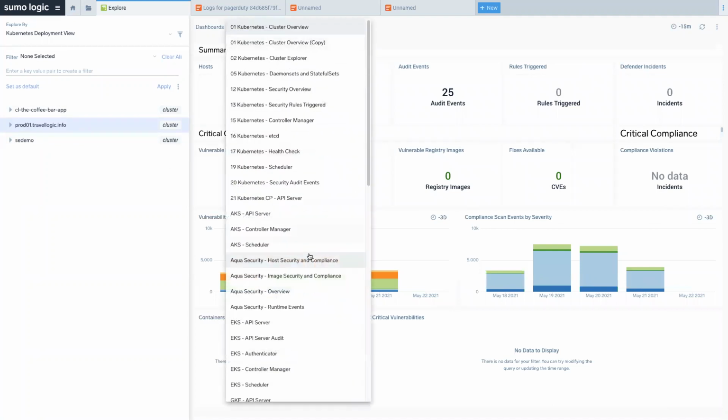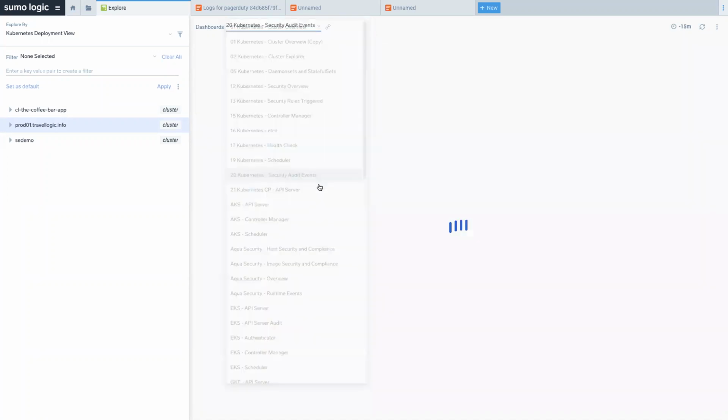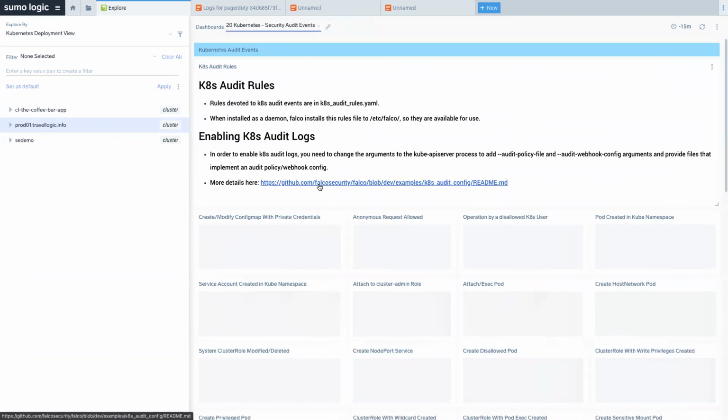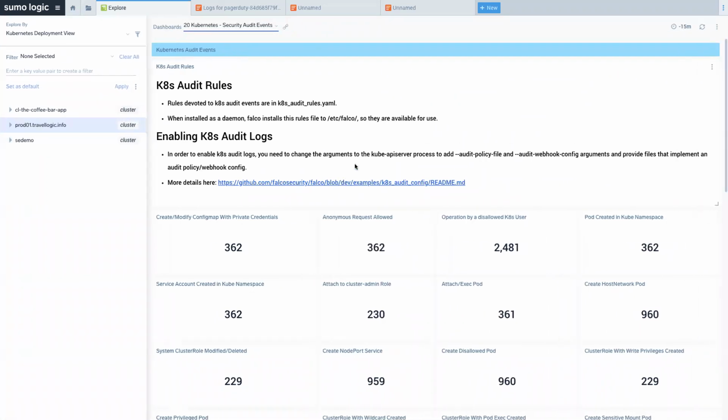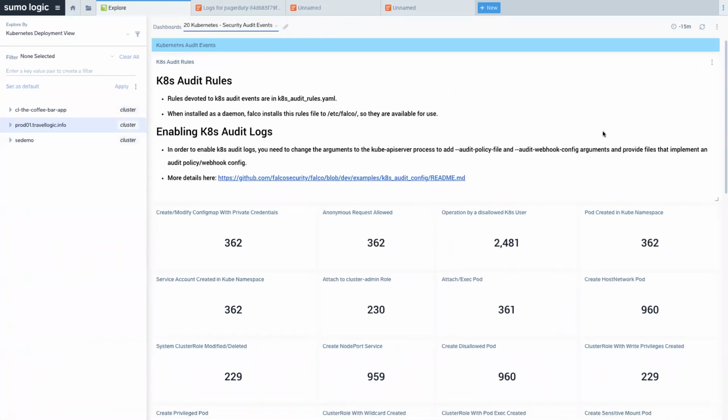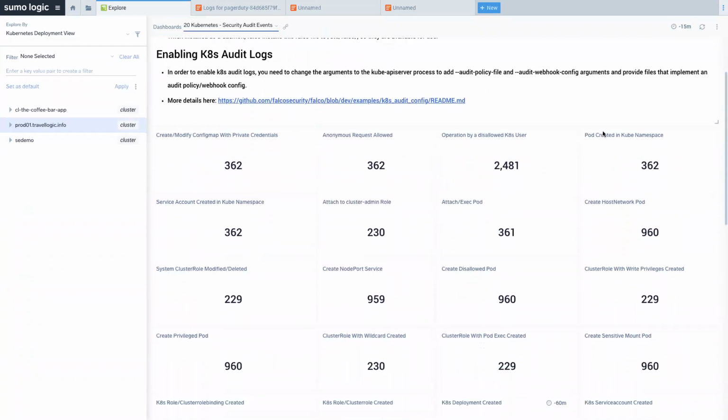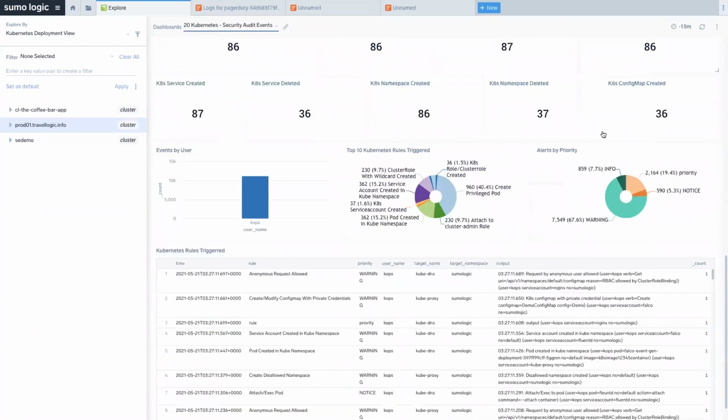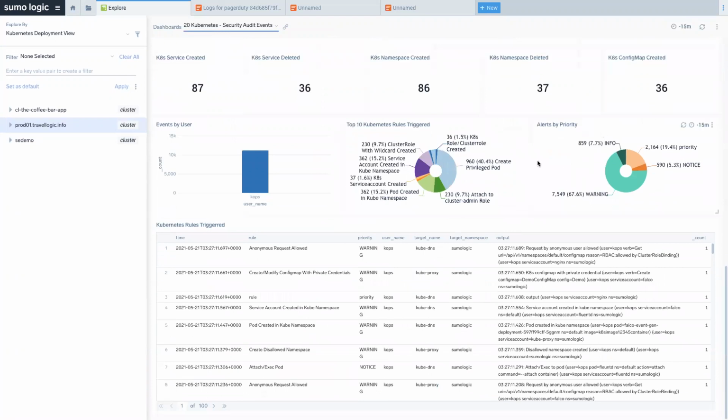Now, if you do install our Falco events, this allows you to have a look at what's going on with your audit rules as well. So having a heads up view of what's going on from that security state as well.